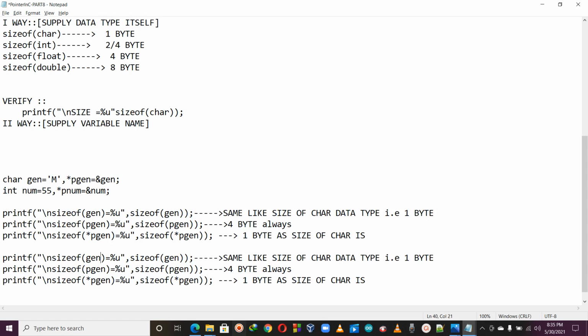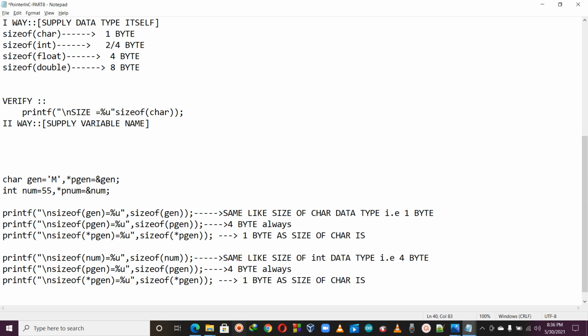Instead of gen I should supply simply num here. So what should be the answer here? Obviously I hope all of you get that one. Same as sizeof int data type, that is here 4 bytes.